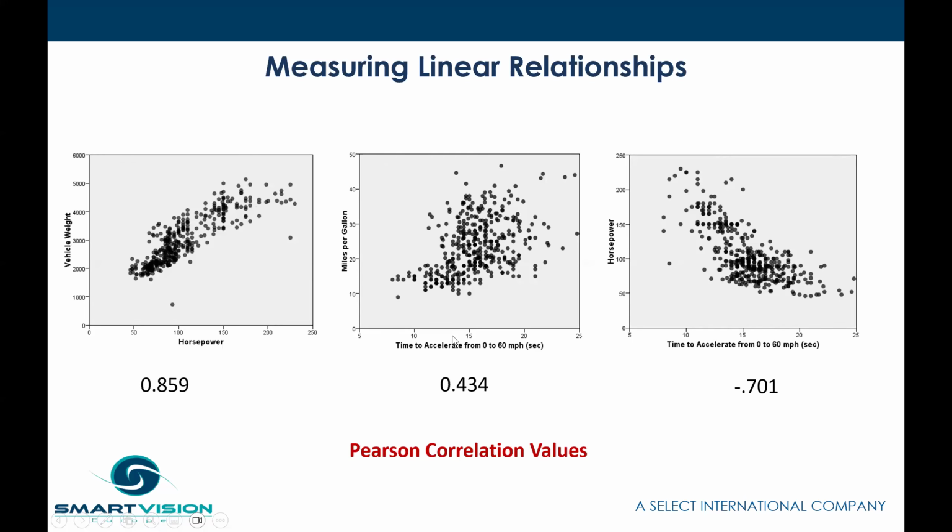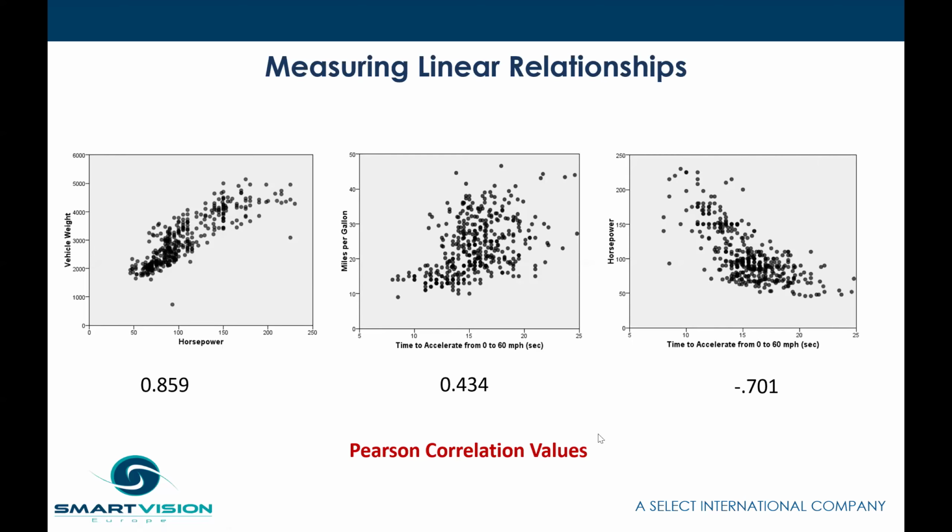A weaker correlation is the relationship between time to accelerate from 0 to 60 and miles per gallon. It's still a linear relationship, but it's weaker, and we can see it's a bit more fuzzy. If we put a line through here, it wouldn't fit the data as well, and thus the correlation is weaker at 0.434. And you can have negative correlation, so you could have something like the relationship between,